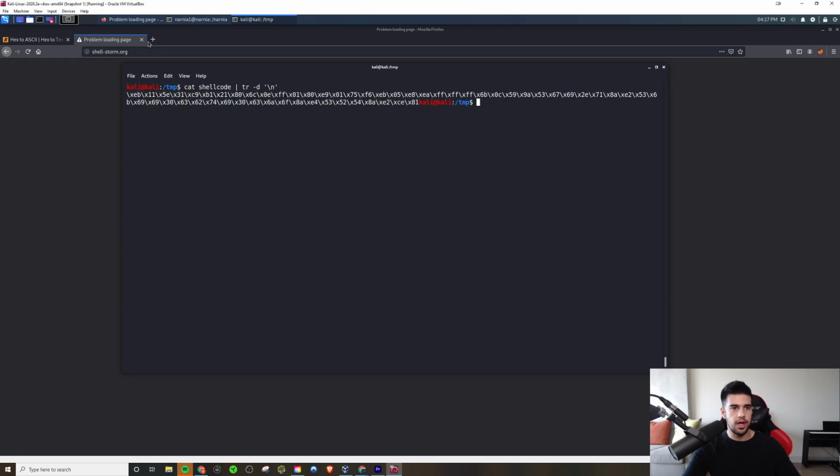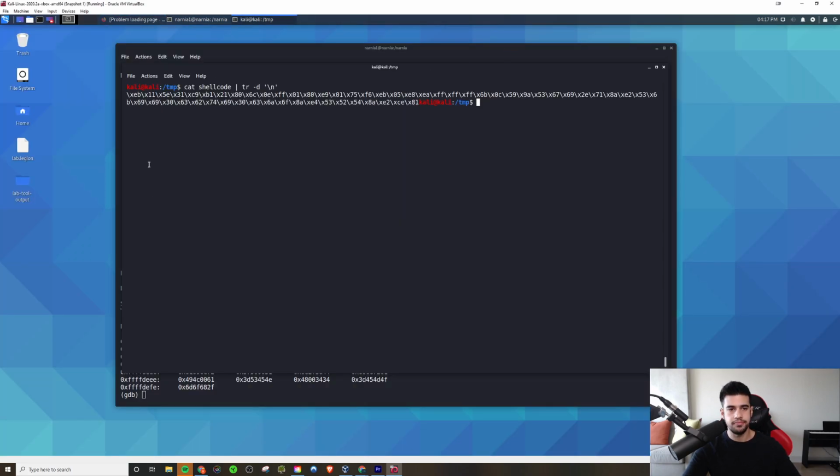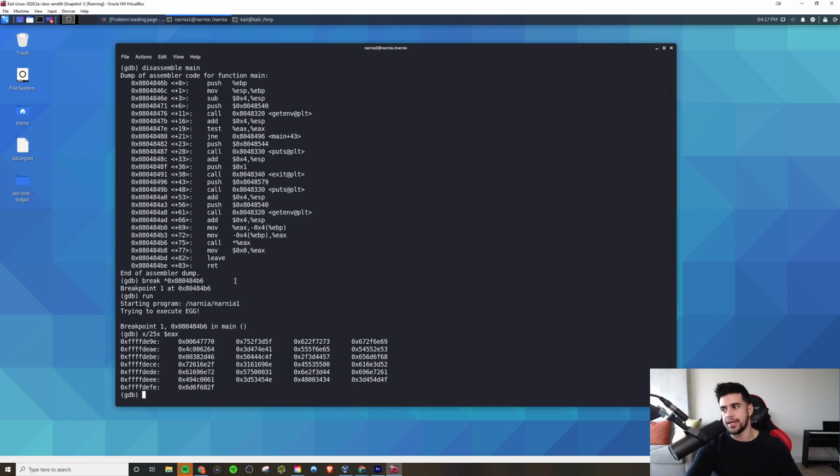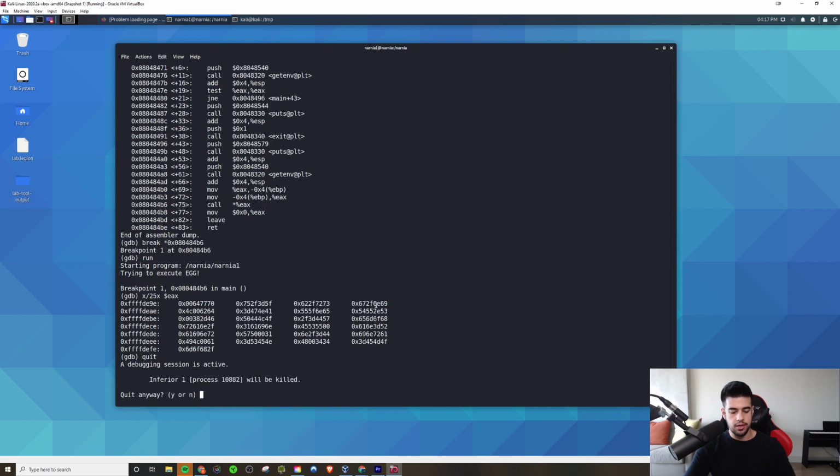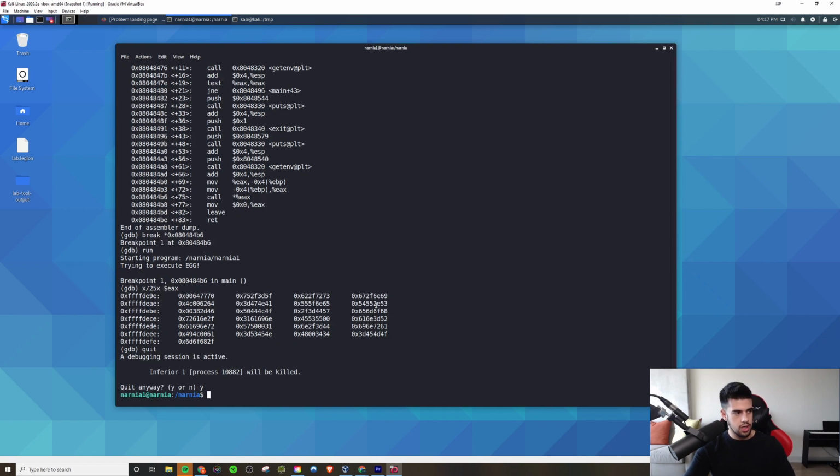So now that we have that, we can go back to the SSH session here that we have. And that's pretty much all the info we need from here. We can quit out of GDB. What we're going to want to do is go back to this export command on the egg environment variable. And we can actually use Python to generate our hexadecimal payload, our hex code payload. So if we want to do this in Python